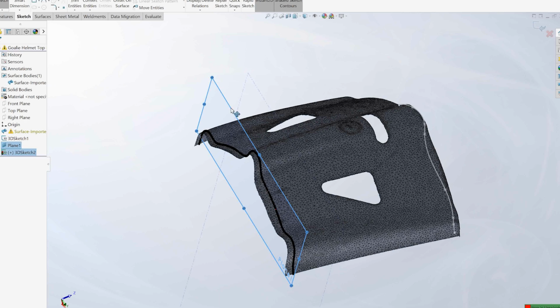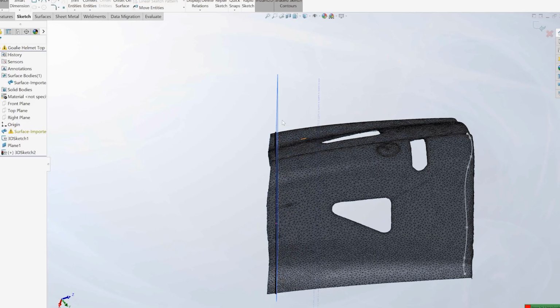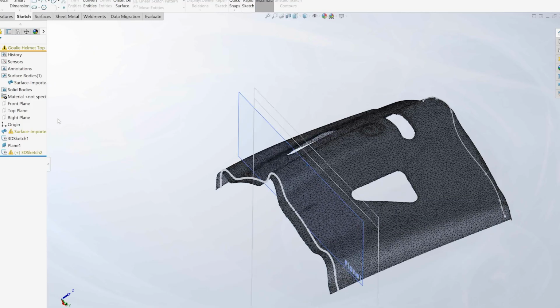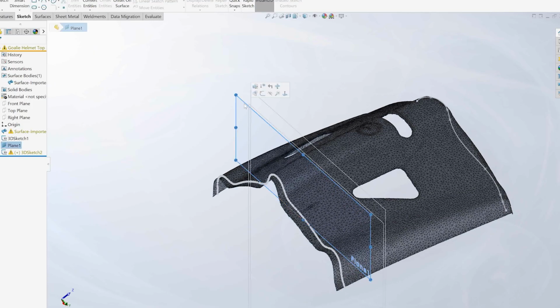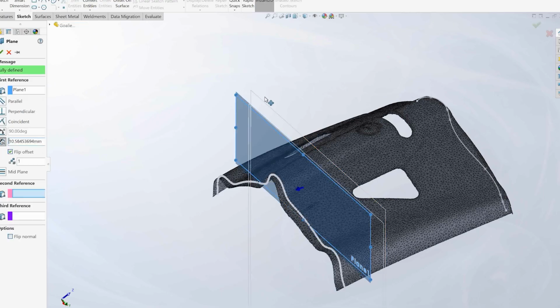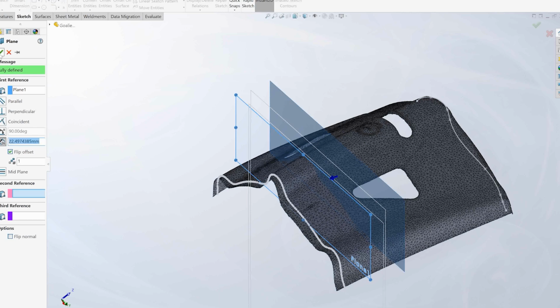maybe not. This was working earlier. Oh, thank you. So yeah, I am still in that sketch, and it's now flipped out. There we go. Okay. So now if I try to make a copy of this plane, it hopefully will let me. There we go. So by holding the Control key, clicking on the plane and moving it, I can create a new plane,